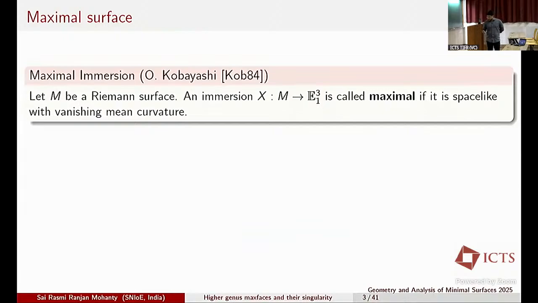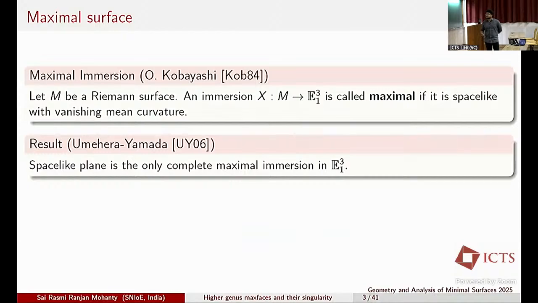One result, proved by Oliveira and Yamada in 2006, is that if we add one extra condition, completeness, which means that the length of any divergent path is unbounded, then there is only one example, the space-like plane. This is the only complete maximal surface in Lorentz-Minkowski space. That's why people are interested